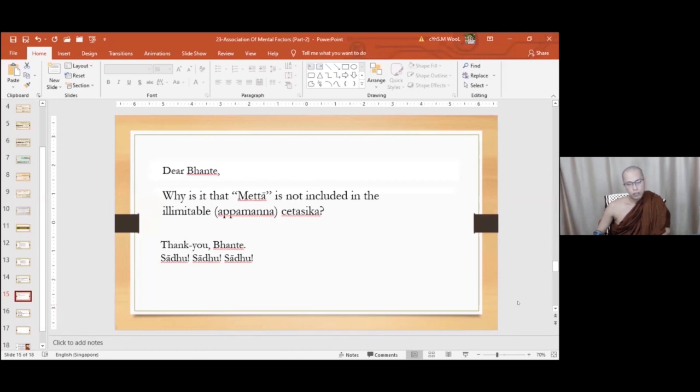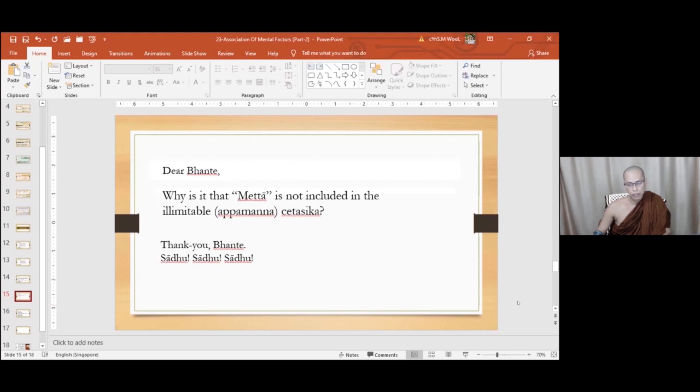And according to the practice, it can be appamanna, because as I mentioned in lesson 22, or lesson 21, there are 4 appamanna: metta, karuna, mudita, and upekkha. Only karuna and mudita are counted in the enumeration of mental factors, because they are separate mental factors. Here, metta is adosa,